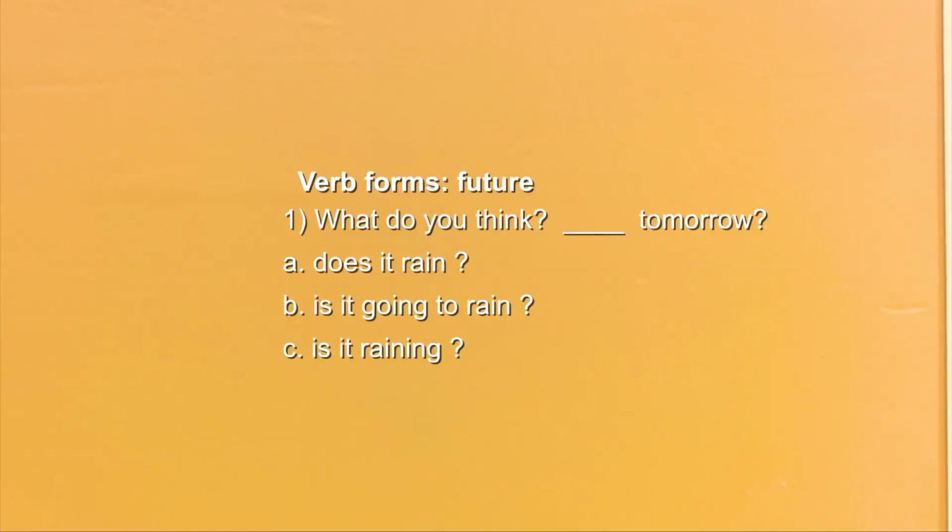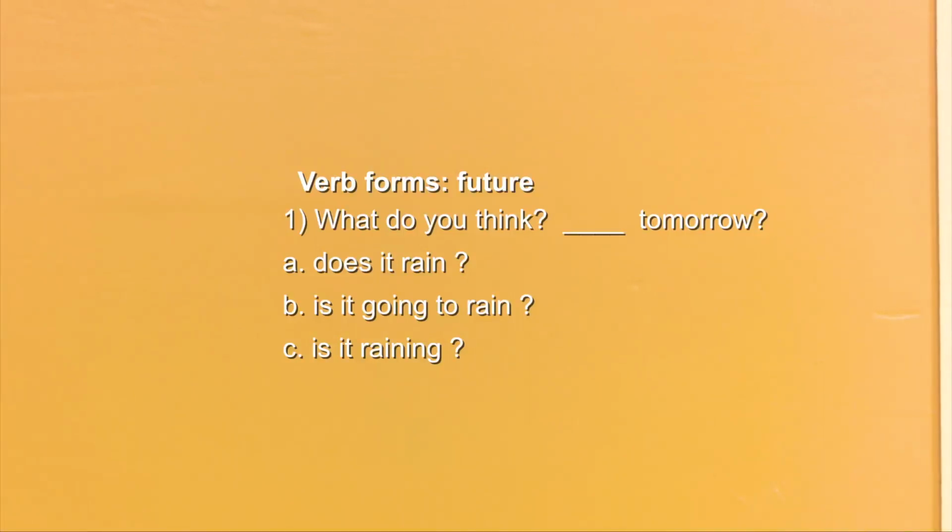And the last item, here we would like to mention the use of the future tense. Here will also be some fill in the blanks, and there will be 3 options. Out of those 3 options, your learners will be asked to pick the right one. So the sentences are, number 1, what do you think? There is a gap, tomorrow. So the answer options are A, does it rain? B, is it going to rain? C, is it raining? So this is your task, to make clear to your students what the right option is, and with your help we expect that your learners will be able to pick the right